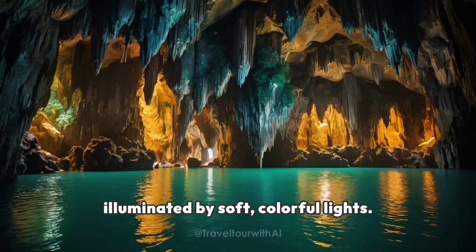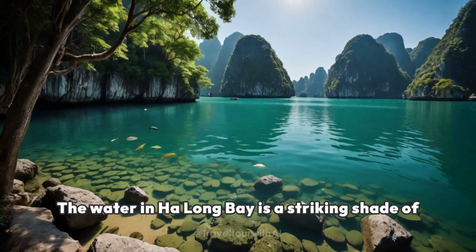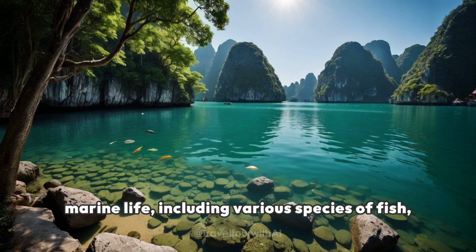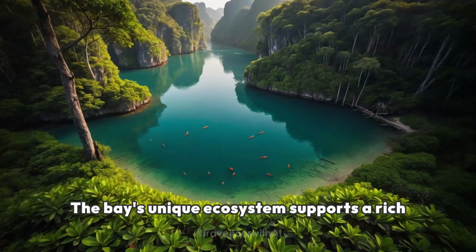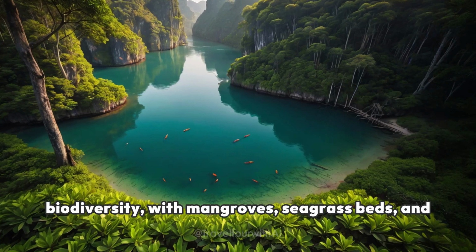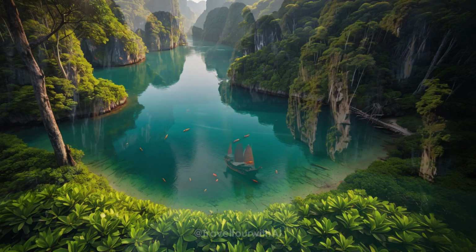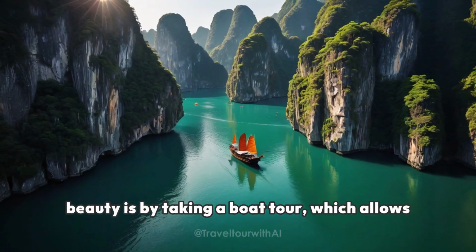soft, colorful lights. The water in Ha Long Bay is a striking shade of emerald green, and it is home to a diverse array of marine life, including various species of fish, mollusks, and coral. The bay's unique ecosystem supports a rich biodiversity, with mangroves, seagrass beds, and tropical forests providing habitats for many rare and endangered species. One of the best ways to experience Ha Long Bay's beauty is by taking a boat tour,